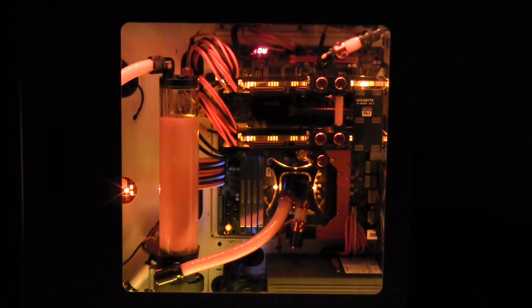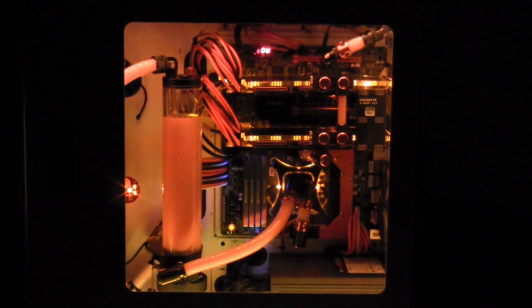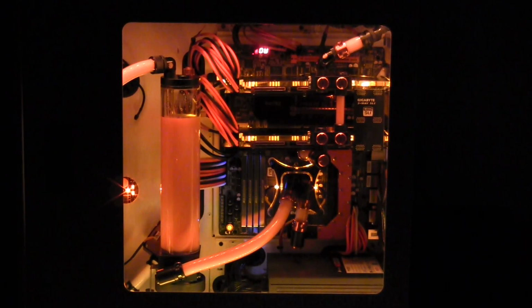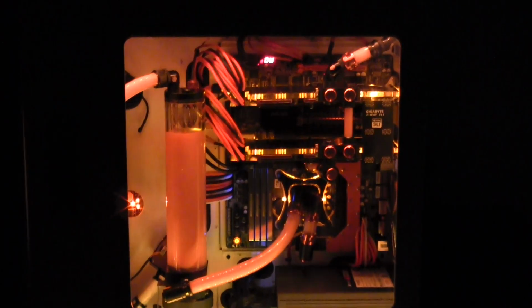And here's a shot with the door on it, and that's just what you can see in the window. So you notice you don't see the Aquaro controller. All you see is the tower, the reservoir, the CPU block, top of the power supply, and the graphics cards. And if we get up a little bit closer